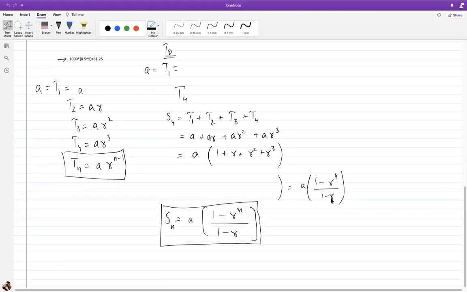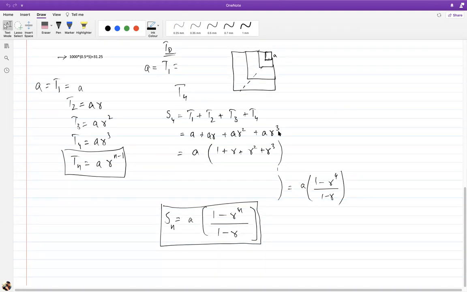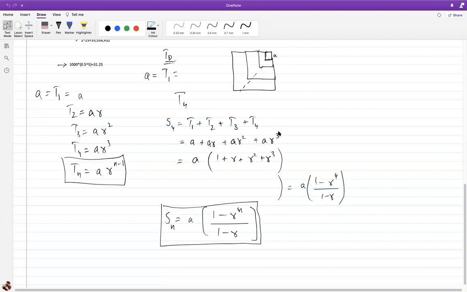For example, there's this idea that whenever you're adding it up, it's like a square. You take this, its area is A, then the next one is A times R, the next one is A times R squared, and that's how you're adding it up, and that's the total area you're getting. So there are different ways of looking at how to find this formula, but that's not important for us. For O levels, what's important is figuring out what the formula is and applying it right. So for the sum until a certain term, you take A and multiply it by this ratio, and that's how you get it.